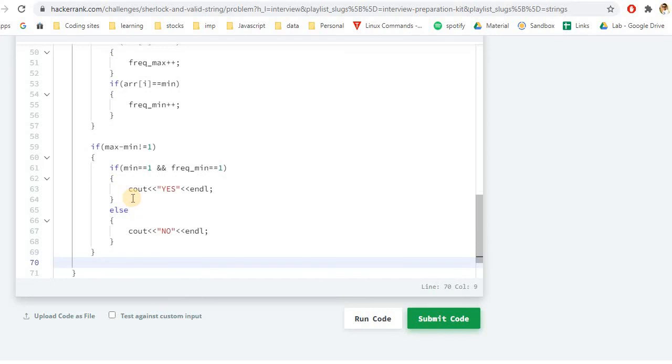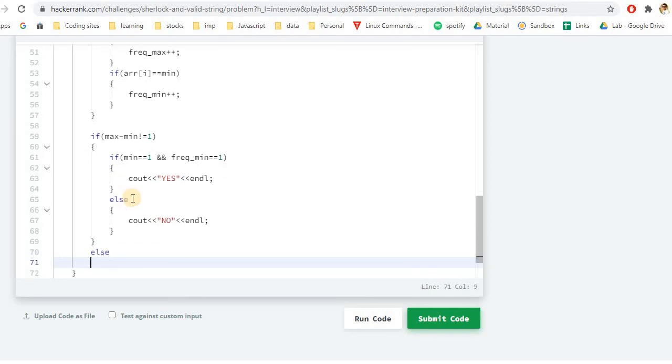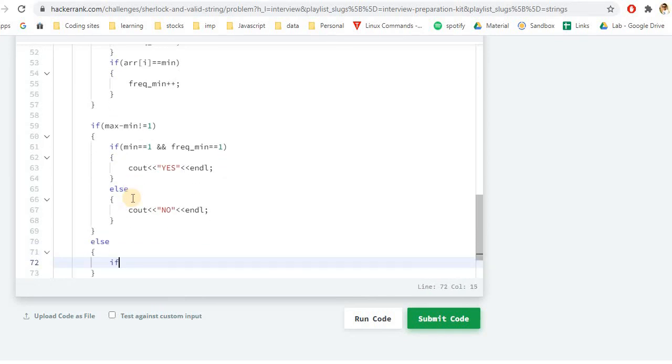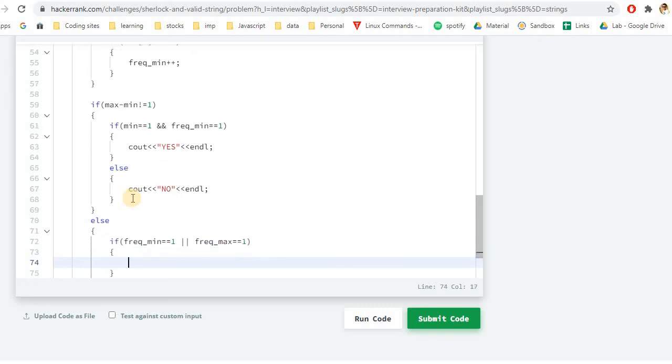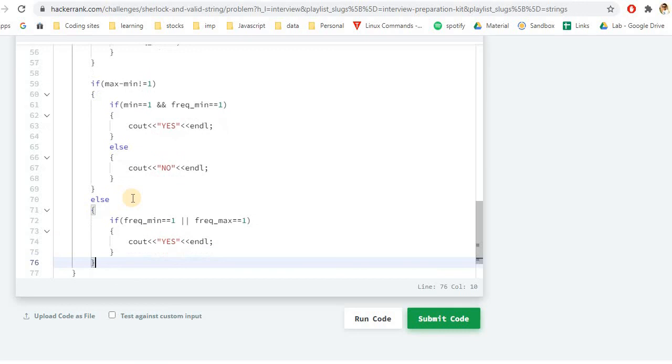So what we can do is take an else, and in the else we'll check if the frequency of minimum is equal to 1 or the frequency of max is equal to 1. That means the uncommon frequency occurred one number of times only. So we are basically checking this here. If this is the case, we again want to print yes, and if this is not the condition, we want to print simply no.